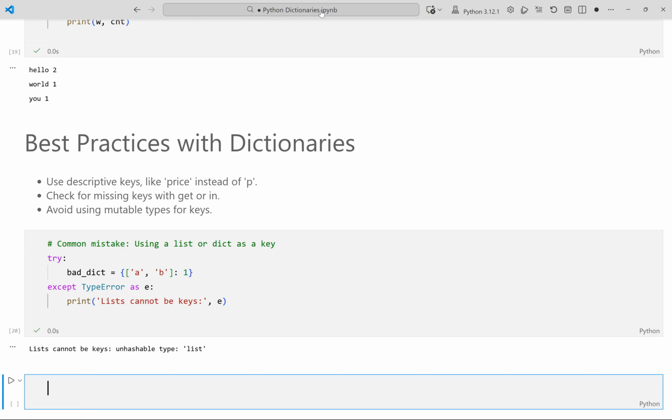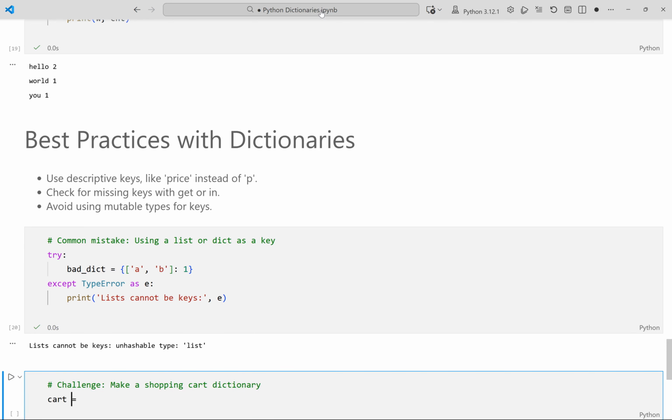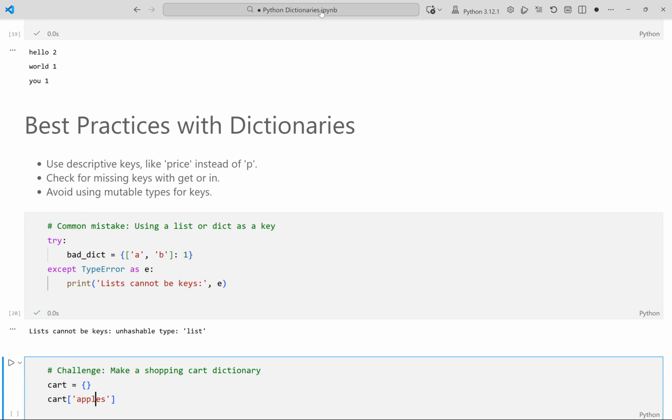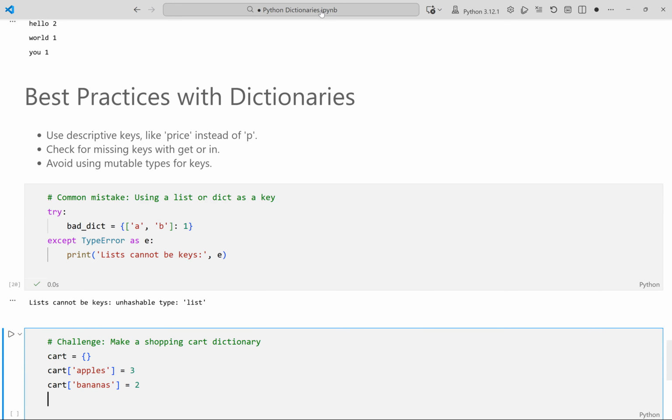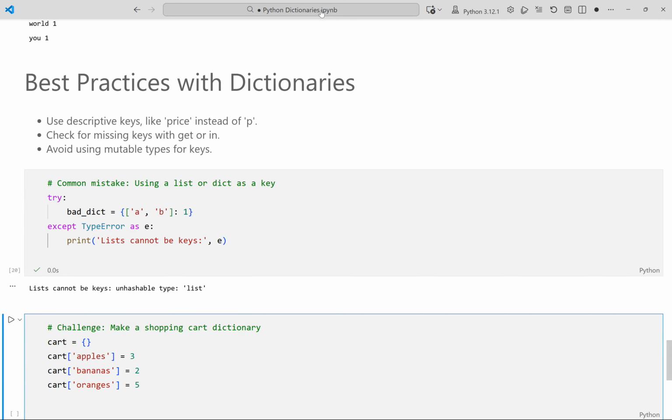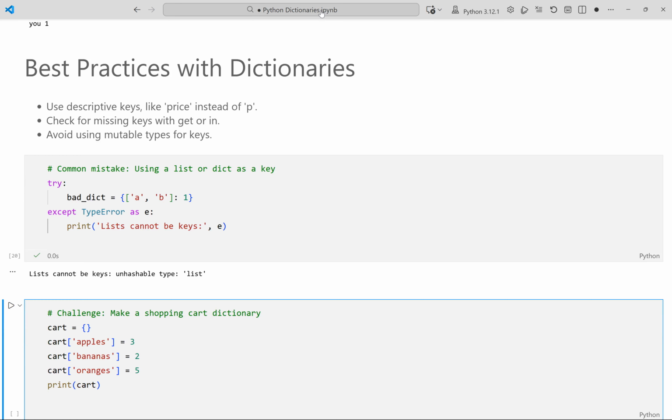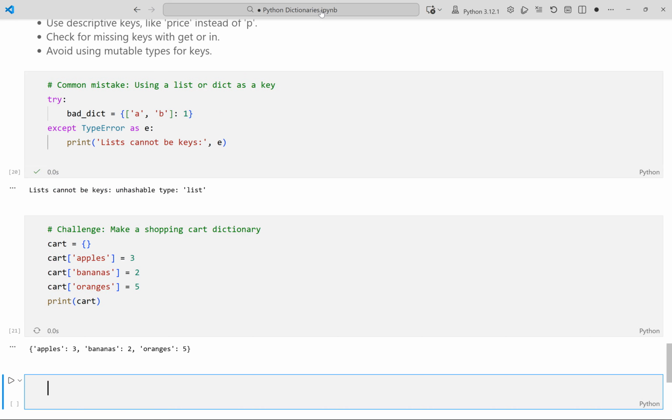Let us practice with a small challenge. We build a shopping cart dictionary. We add the number of apples. Bananas are added too. We add oranges and finally print the cart. This models how stores use dictionaries. Running the cell now. This output shows a shopping cart dictionary with clear, descriptive keys for each fruit and their